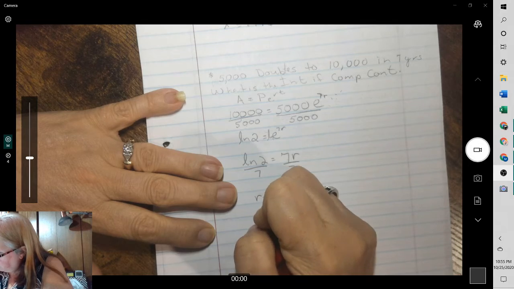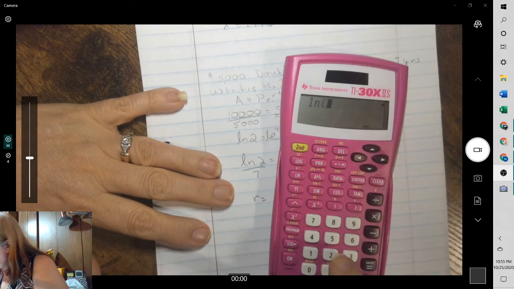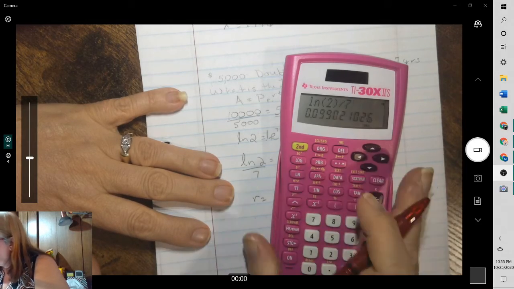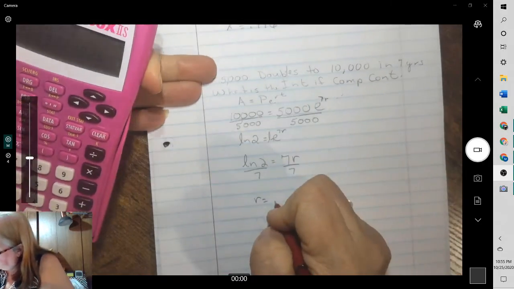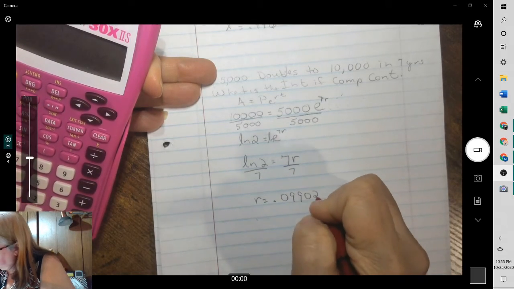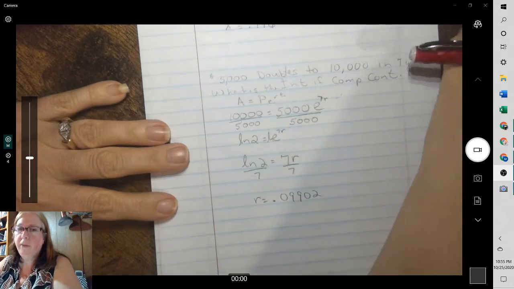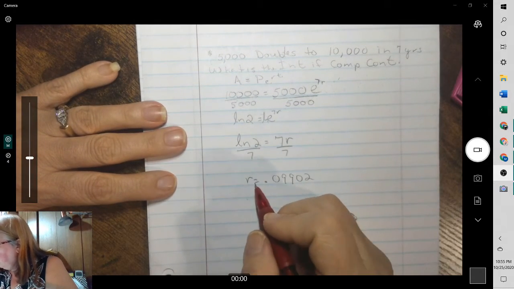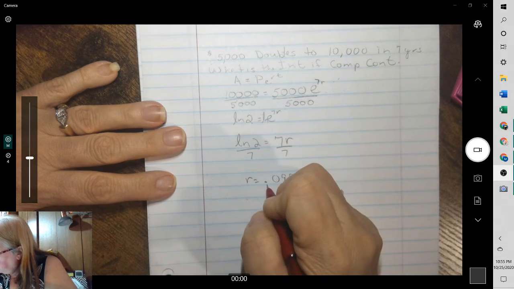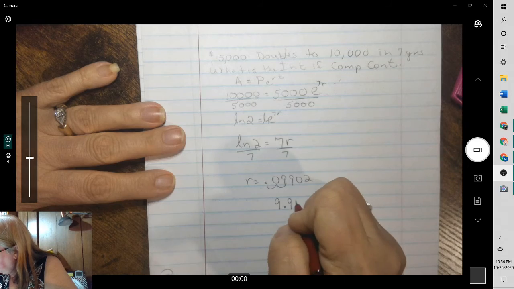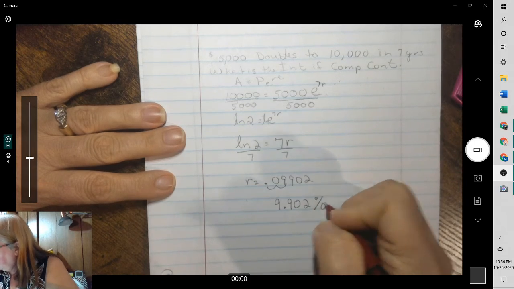And that will give us r equal to the natural log of 2 divided by 7. 0.09902. Now, depending on what you have to round it to, keep quite a few, because r is a rate. To write the rate as a percent, you need to multiply it by 100. So it's 9.902, depending on what you have to go to,